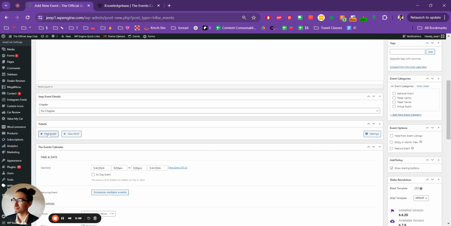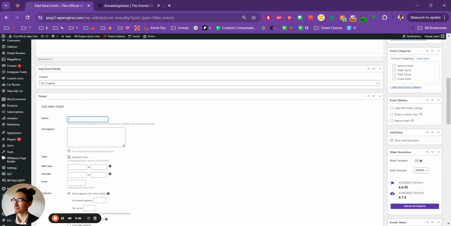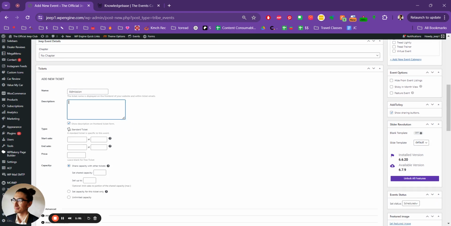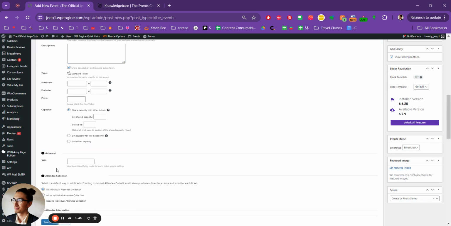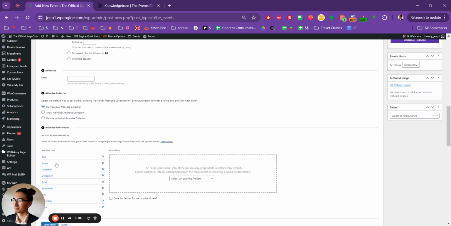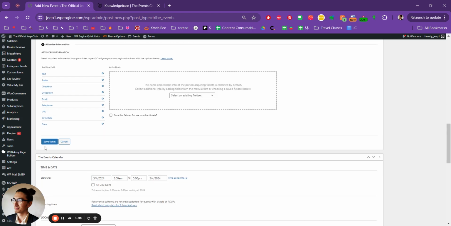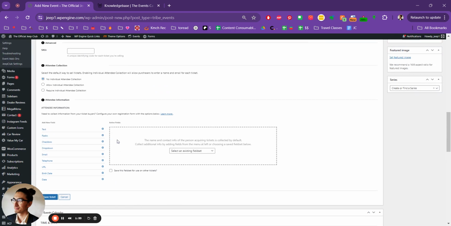Now, another important thing to note here is if we wanted to add a new ticket for that event, we click New Ticket. Then we could go ahead and come down here and add a name, so let's say admission maybe. You can add a description of the ticket, usually something that briefly describes the event, when the sale starts, when the sale ends, the price per ticket, and the number of tickets available. You can also get down here into some more advanced info, and attendee collection, etc. So once you have that all set up, you would save the ticket, and then that's going to become available on the front